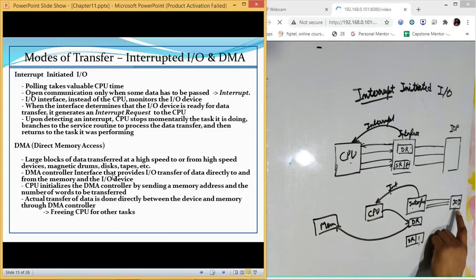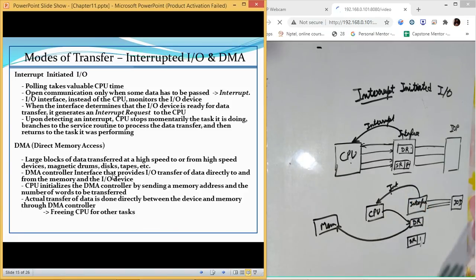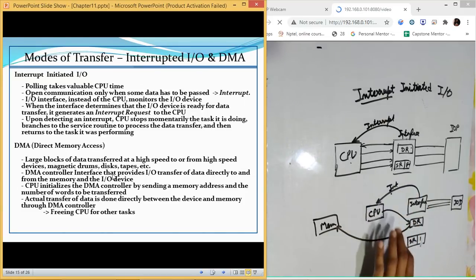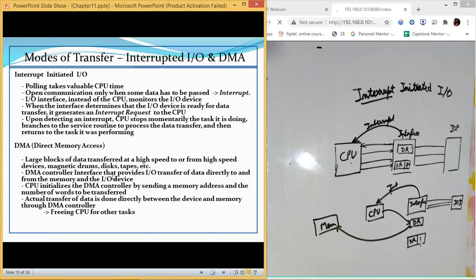So this device is now monitored by the interface. It is not having any concern with the CPU. Now CPU is free to do its task. Whenever this data register is having certain data, it will be interrupted. And who will interrupt it? Interface. After that, when the interface determines that the input output device is ready for data transfer, it generates the interrupt.